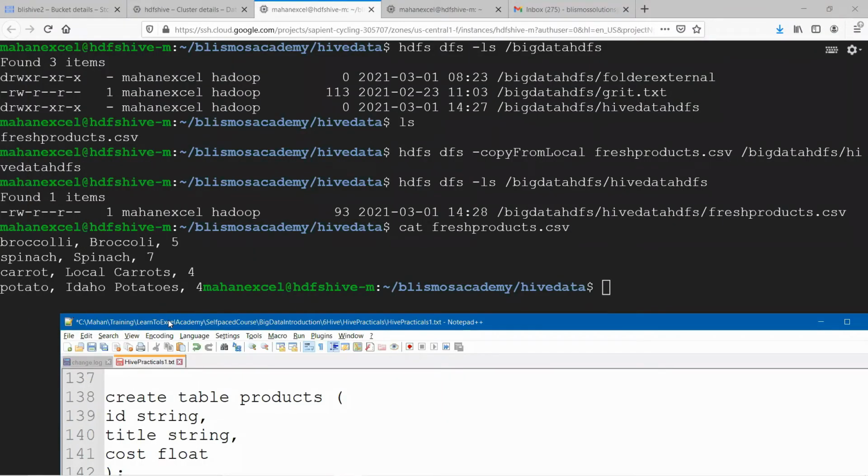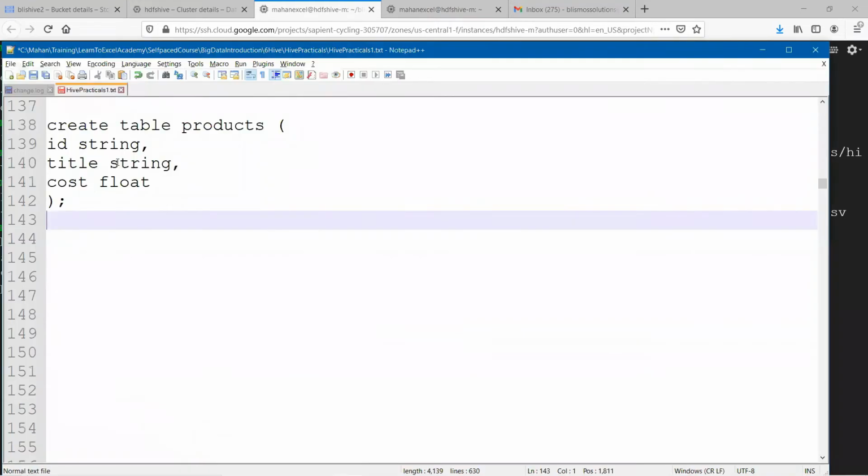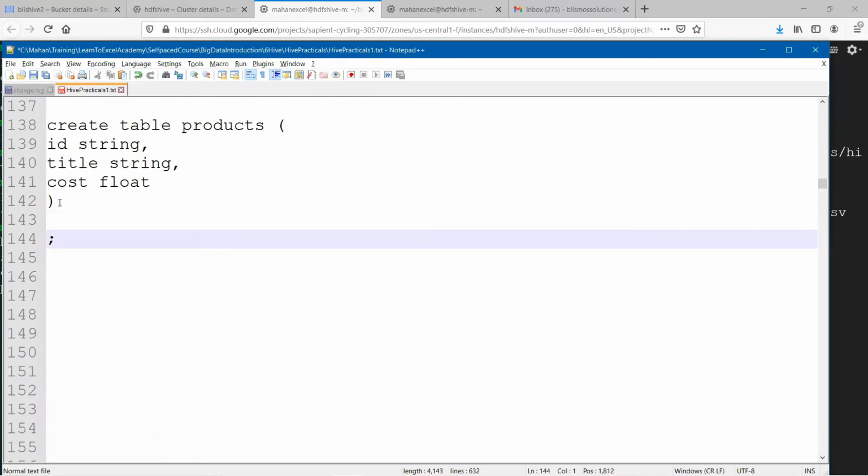I'm creating three columns here: ID, that is a string, title is a string, cost is a float. Remember, we are inserting the data from a file, so we need to specify that while creating the table itself. What we have to say is row format